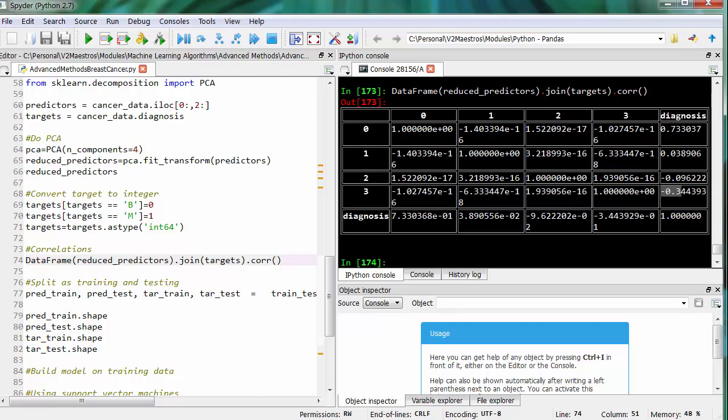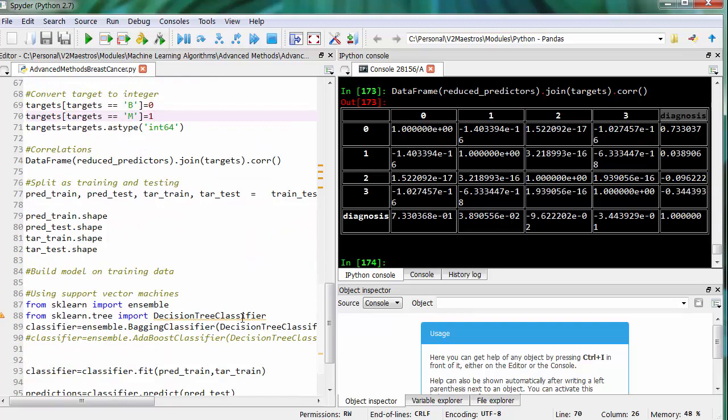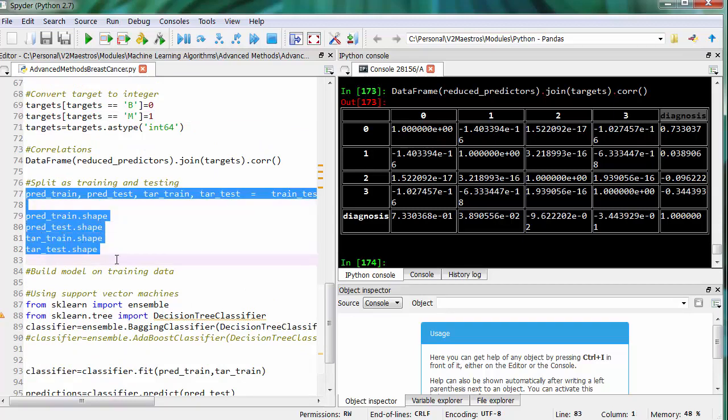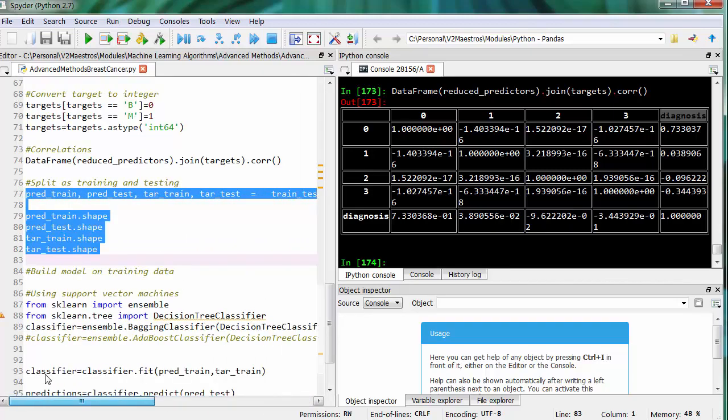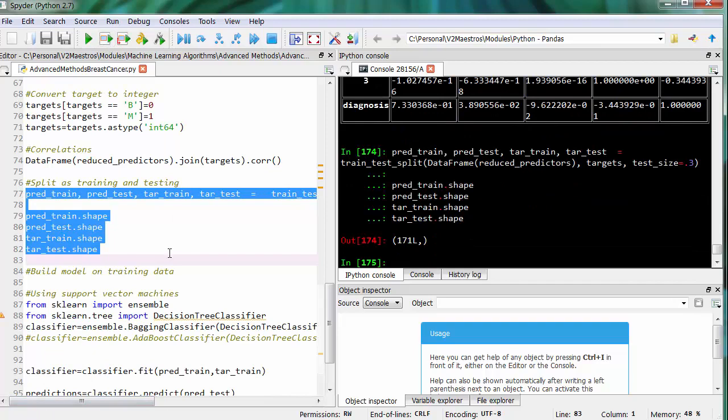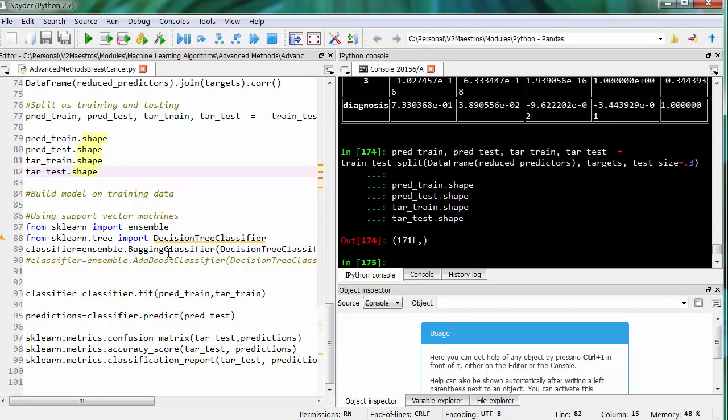So that is pretty good news, because we see that these new variables have actually captured a lot of signal from the source data, and it is still able to have a high correlation with the target variable. Now once you do principal component analysis, the next few steps are pretty much the same, which is splitting the training and testing data using the sklearn train test split function in the ratio of 30 to 70. So it is split now, and then let us now go and do the prediction part.